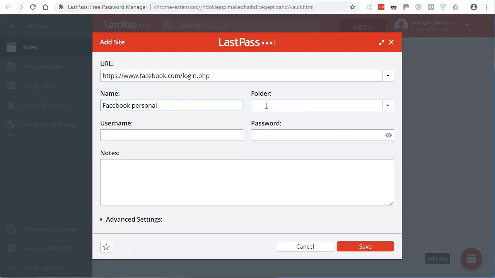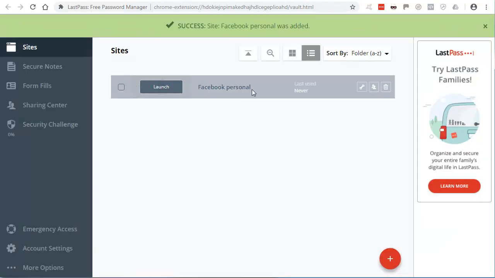You can also create folders, so it will separate all the different things. So say you wanted a social media folder, or say hosting and domain names, or whatever, however you want to split the different logins. Once you start having a few different accounts in here, then obviously you might want to start separating things. If you haven't got that many, you might not need to use that. This is where the username and password go, and you can put some notes about the account if you want in there. So I'm just going to save this,